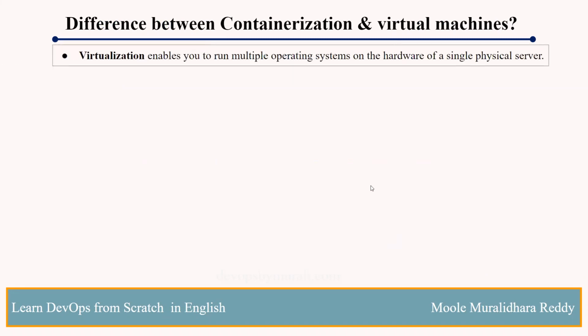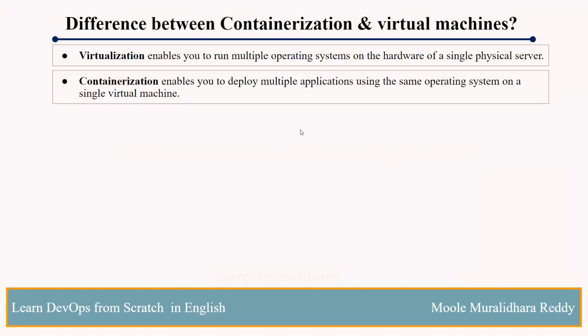Simple example, we have a Linux physical server. Inside the particular physical server, we can run multiple operating systems. We can call it virtualization. By enabling that virtualization, you can run multiple operating systems in a single physical server. Okay, and next one,